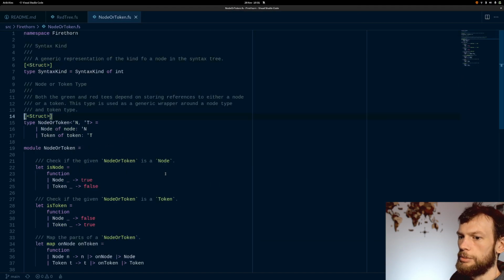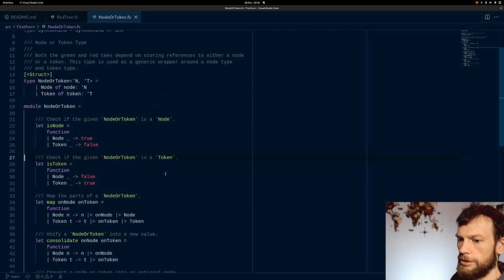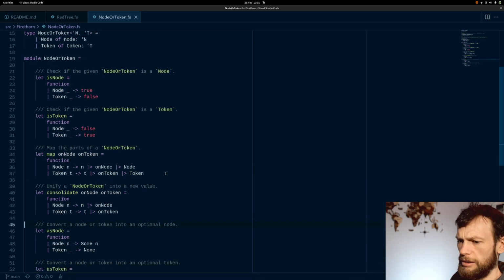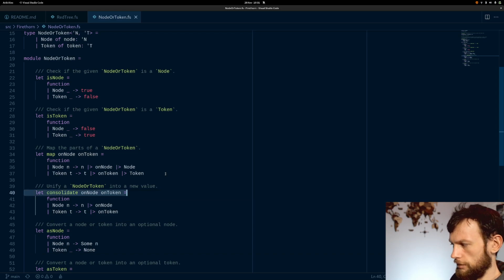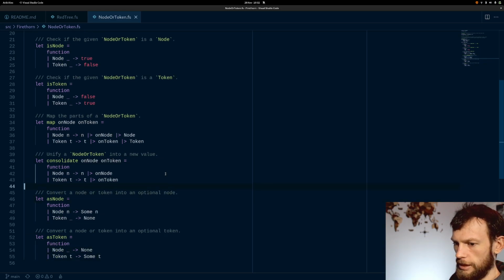So the node or token is basically just a custom version of that choice. So we can have either a left hand or a right hand. In this case, we're calling them node and token. And we have a bunch of helper methods to filter down whether or not we've got nodes, tokens, map them. I'm not really sure about this consolidate, but I have not got a better idea for a name for that yet. And then these as node and as token functions that turn it into an option of the inner, which are very useful for when we want to come and build up